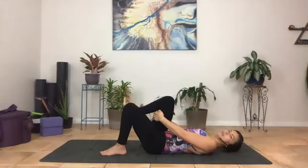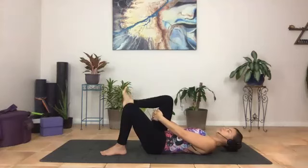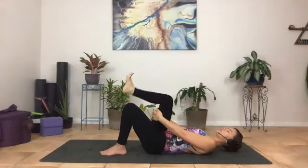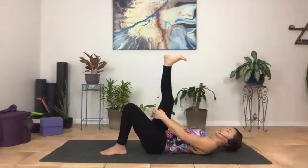We'll do this 10 times. 5 more. 4, 3, 2, and 1. Keep the leg up straight, release the hands,